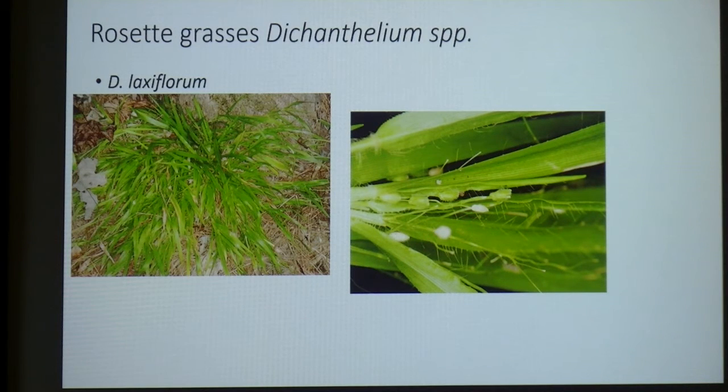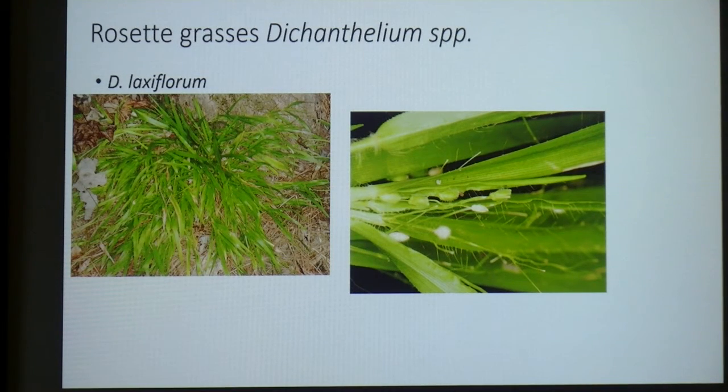They're individual. They're not formed several in one spikelet. They're all single in the spikelet. And a lot of the Dicantheliums will have hairy leaves. Now this is one of